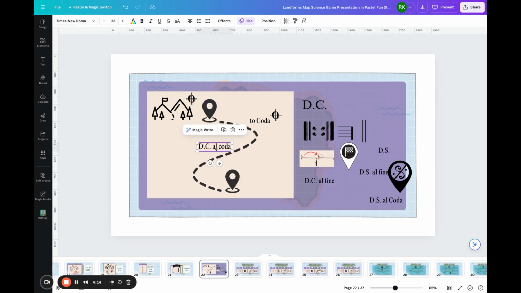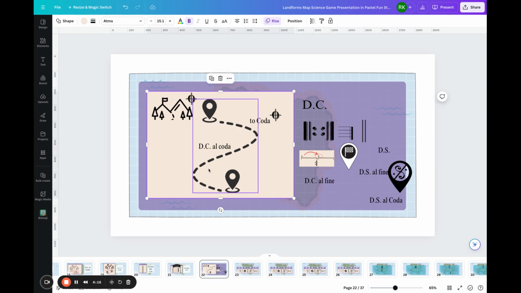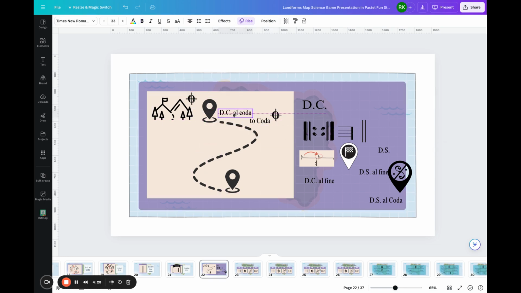So here, DC al coda. We're playing, we get to this section, DC al coda. That means we go back to the beginning, play again, and then we jump to the coda. Usually this is at the very end of the song because we played the whole thing again. You could also have a DS al coda.